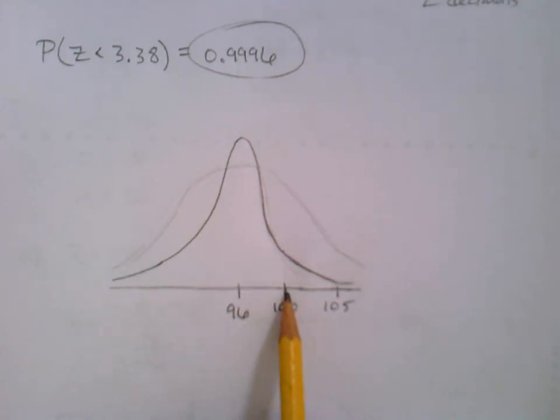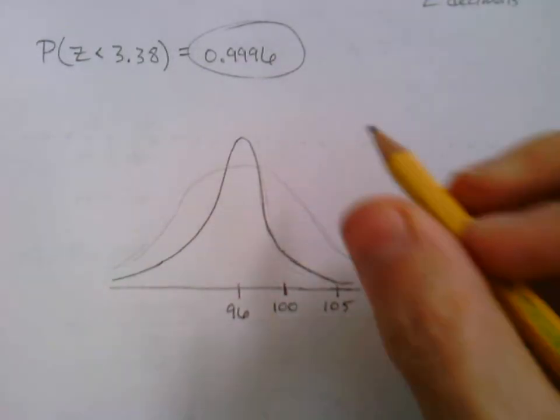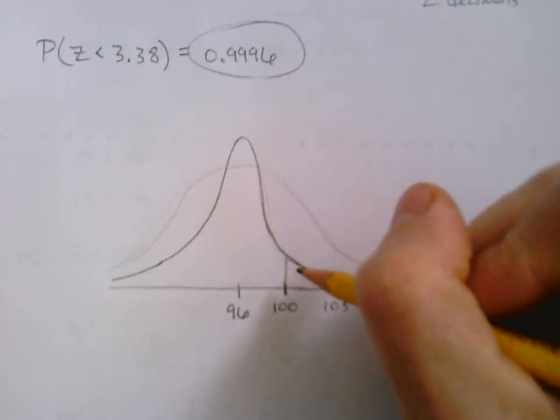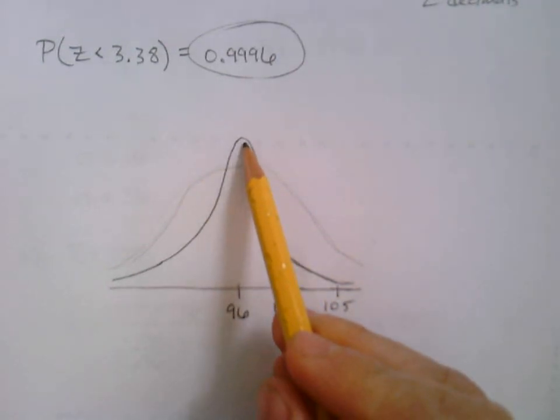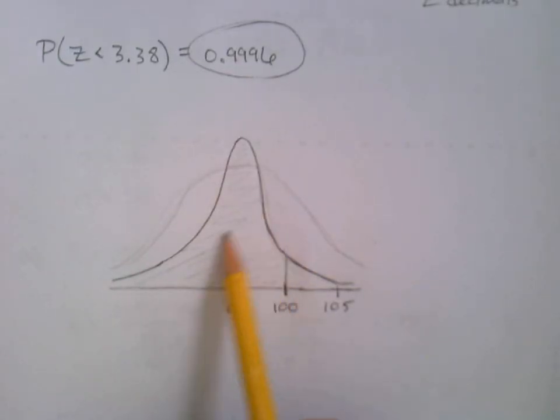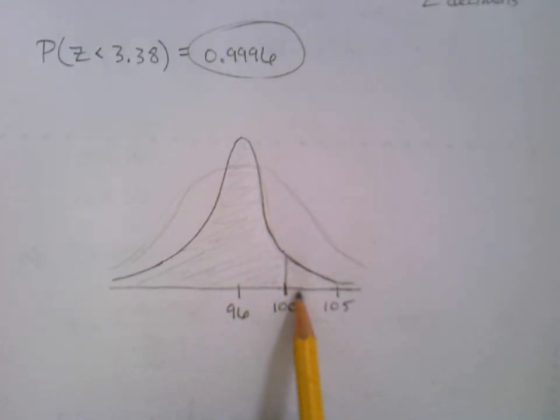So as you go out, even though it might not seem like you're straying very far away, you're actually moving quite past a lot of the data. And this probably isn't even quite accurate. It should probably be even more extreme in the graph, but just the way we've drawn it. So at 100, the amount of data below that was 93.32% or something like that. And then to get all the way out to 105, look how drastically that drops. Well over 99% of the data is less than 105. So we get this pushing.